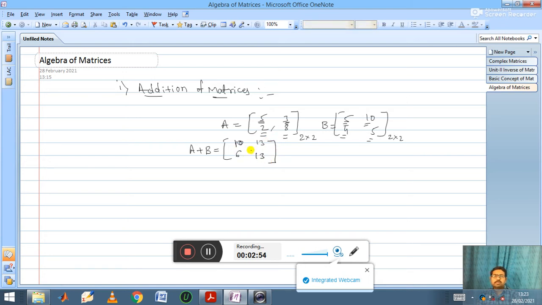See this. This is known as matrix addition. Matrix addition means we are adding the same row same column elements. So the A11 element of A we are adding with the A11 element of B, and the A21 element of A we are adding with the A21 element of B, like this. The same thing happens with 3 cross 3 matrices, 4 cross 4 matrices and all. Okay, let us go to the second one, difference of matrices.